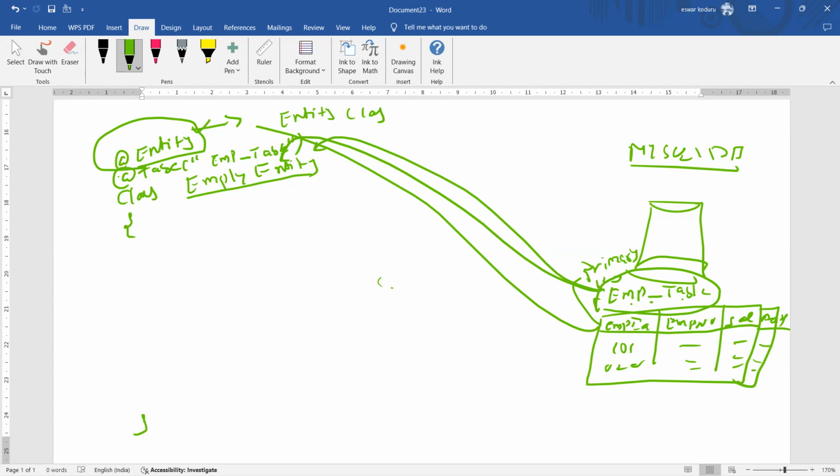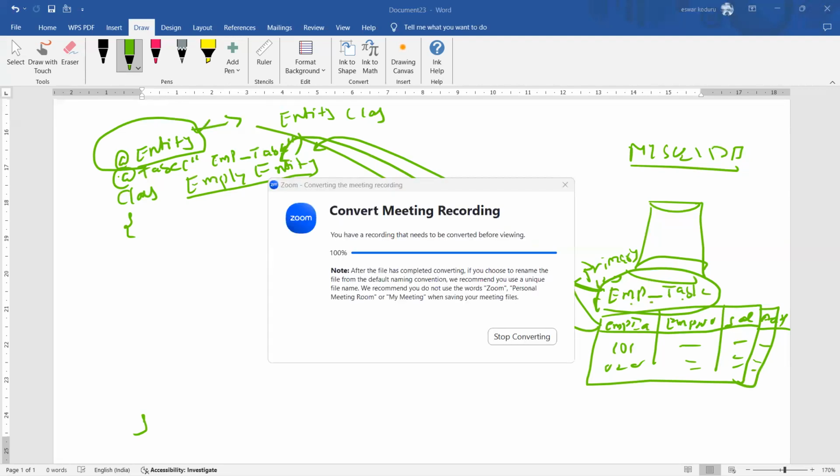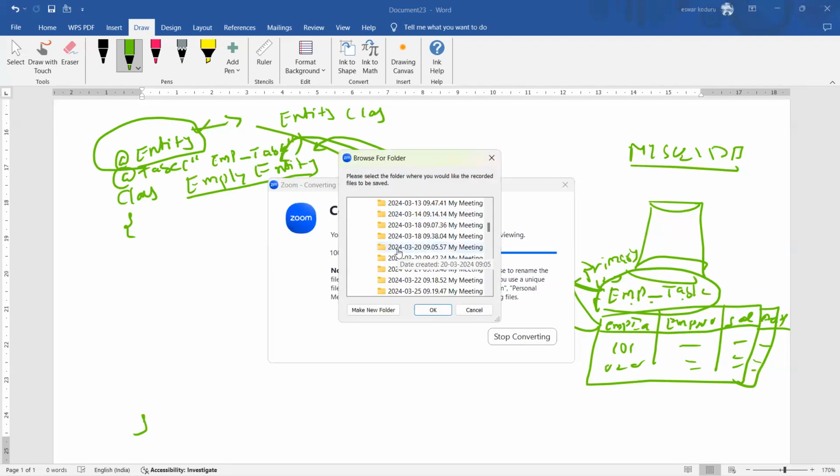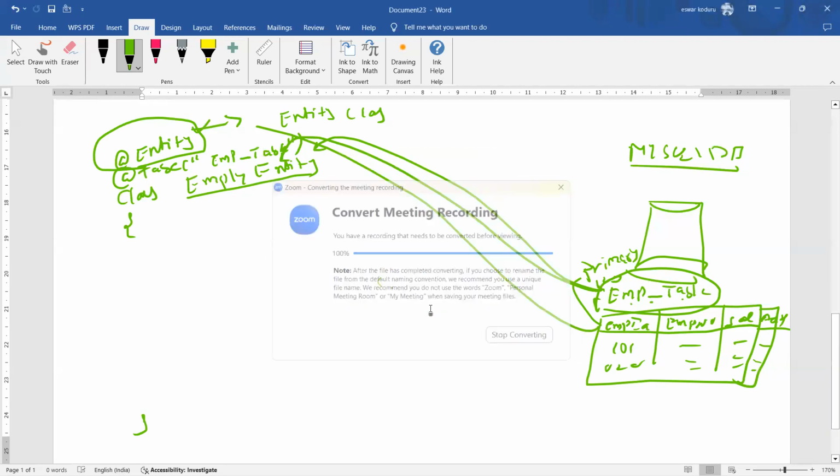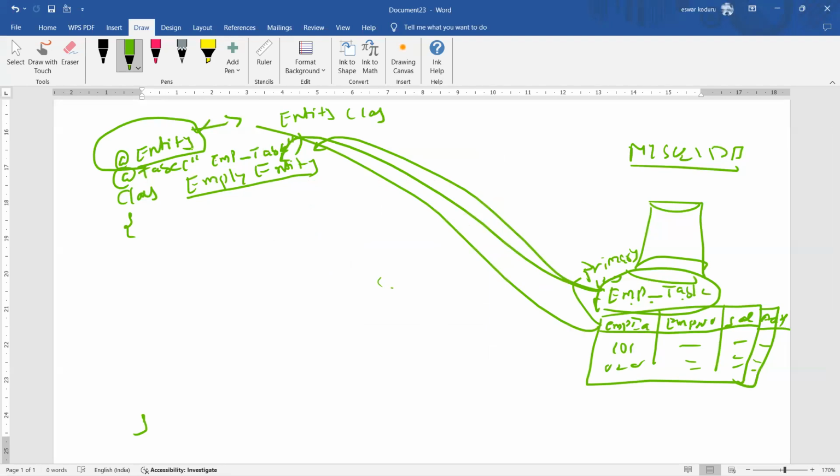That means this is the entity class, a data access layer. It's interacting with the database using the entity manager. What is the table name? Table name is employee_table. This table is mapped with the employee entity. Now table mapping is done. Now we need to have properties: private int empId,